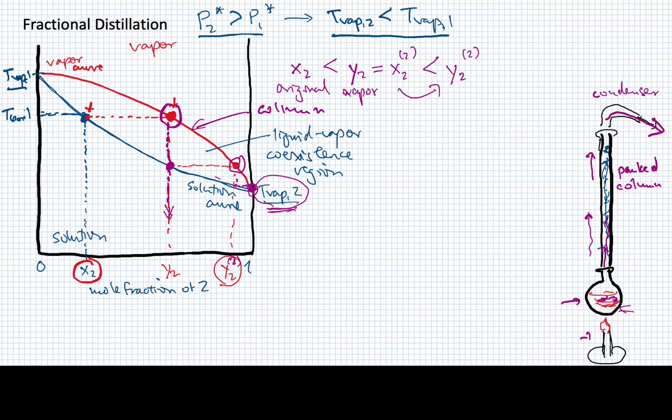All right, meanwhile, what's left behind here will increasingly be a solution rich in component 1, and if all is really working well, we might actually get a full separation of the two. Now, I'll say in practice that we typically are going to have better luck separating the more volatile of the two components using a fractional distillation method. But this